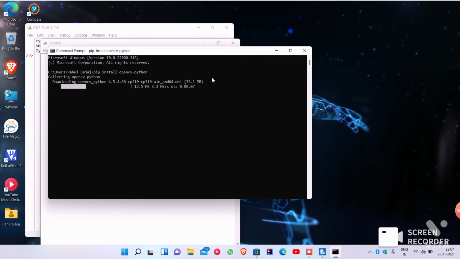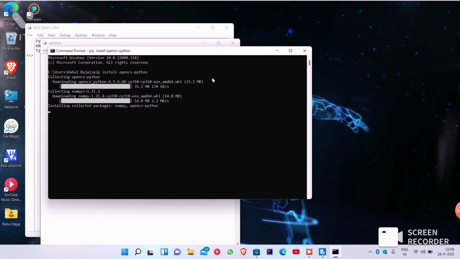As you can see, our program is installing OpenCV Python. It is a computer vision package. With this package we can do things related to camera, like facial detection, eye detection, or training the module, etc. Our program is downloading the package.